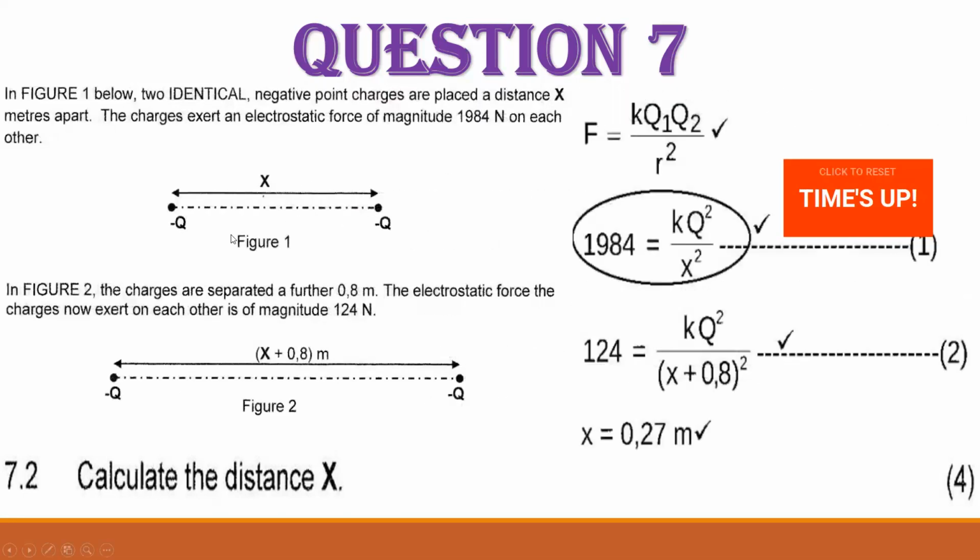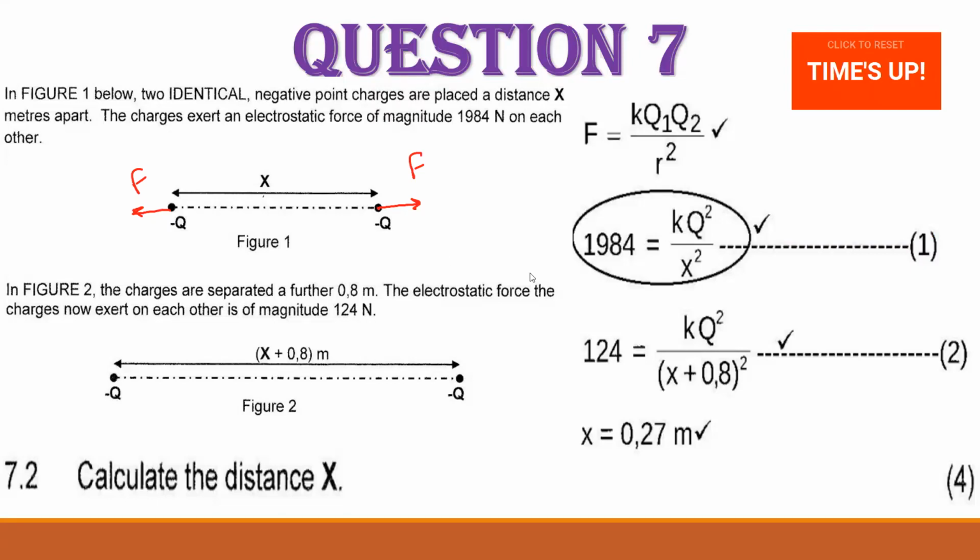Number 1, for the first position, writing our formula, F net equals K times Q1 times Q2 over r squared. If you want to show that the negatives repel each other, this way we have electrostatic force, and on the other side also electrostatic force. And we know for the first position, the force is 1,984. This is our step 1. As you see, I'm just writing Coulomb's law for the first position, Q1 times Q2, both of them Q, so Q